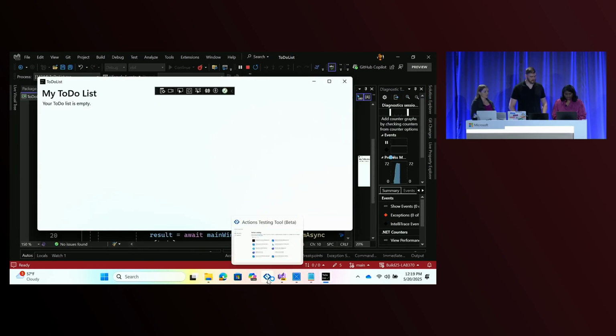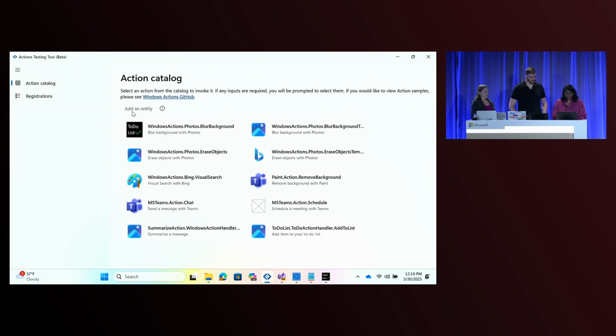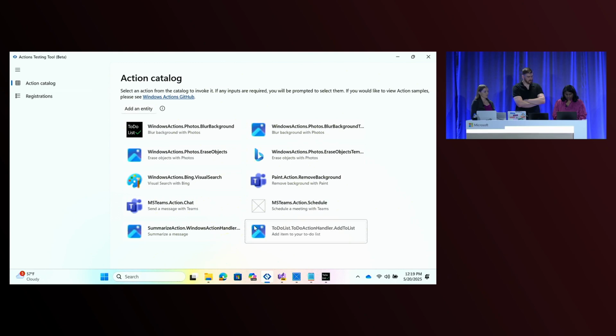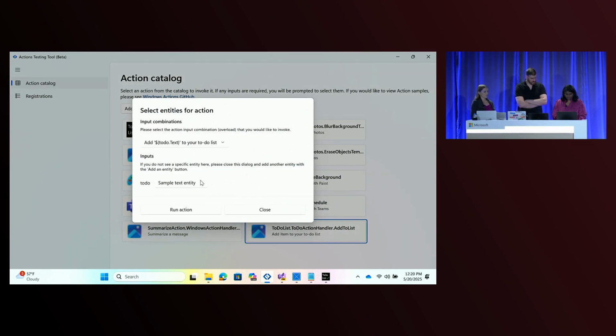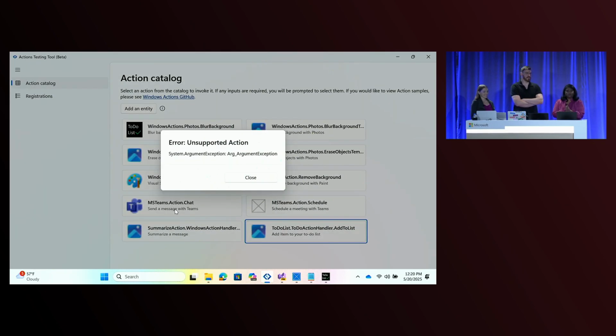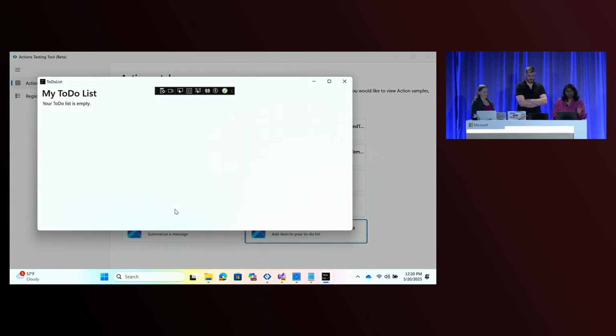All right, this time let me test in my test app if the user enters 2 characters. I do not want the action to be taken. So add this, run action, there is an error. So I know that my where clause is working and nothing's added to my to-do list. So that's the where clause.